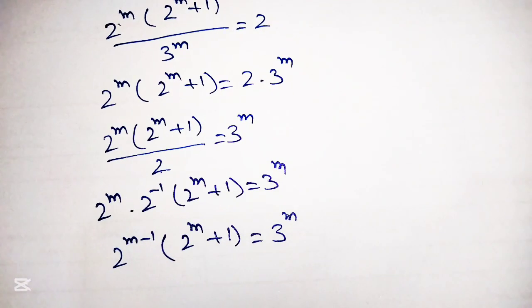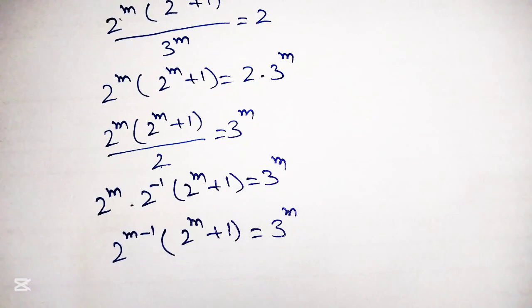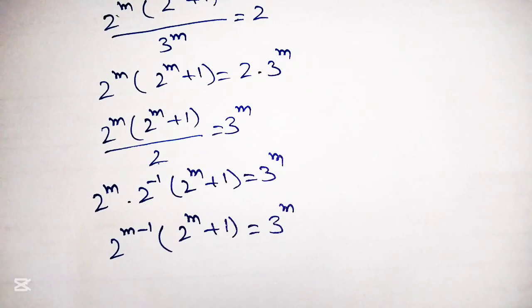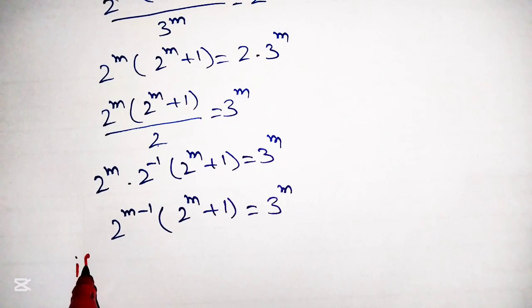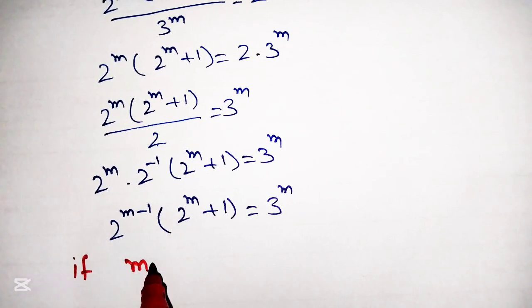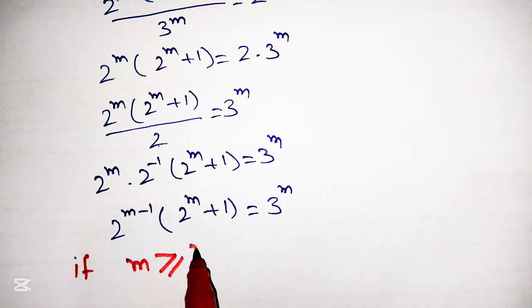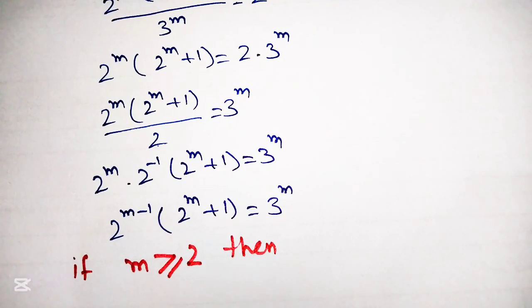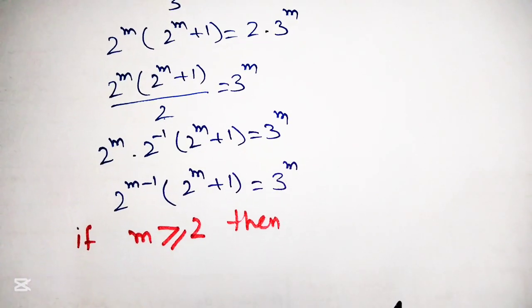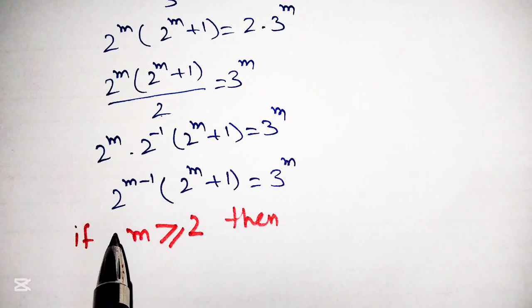So this is the simplified form of our given equation. Now we will use the parity rule to find the solution. From this, if m is greater than or equal to 2, then if we put the value of m equal to 2 or greater than 2, then it means that